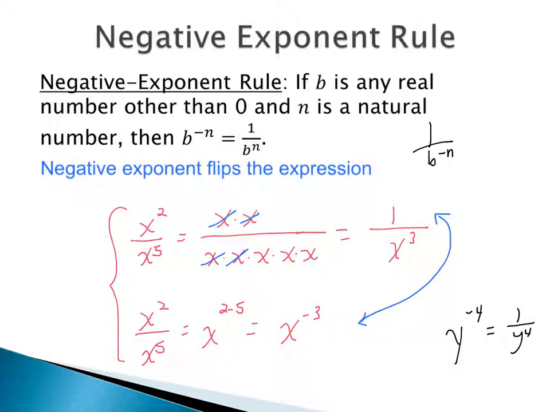Another important concept that goes along with this is that if I had 1 over b to the negative n, so the negative exponent was in the denominator, then this would turn into essentially a whole number piece, so we would have b to the positive n. Okay, so if it's a whole number to start with, it turns into a fraction, and that turns back into what we view as a whole number piece.